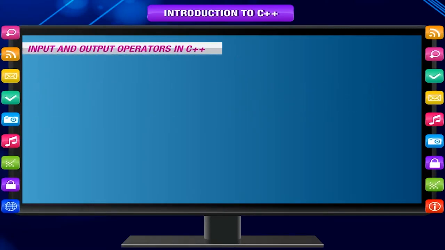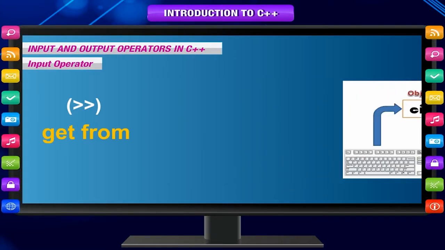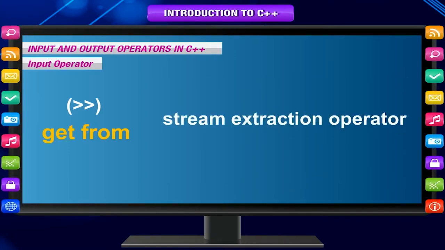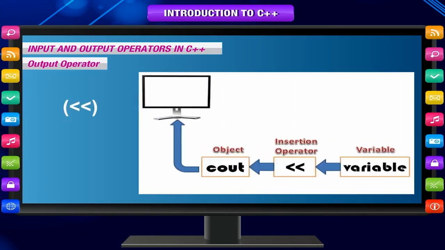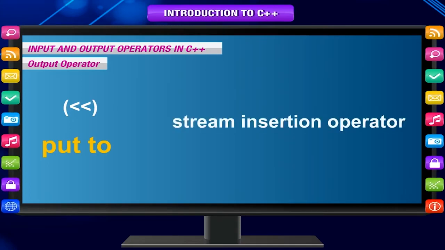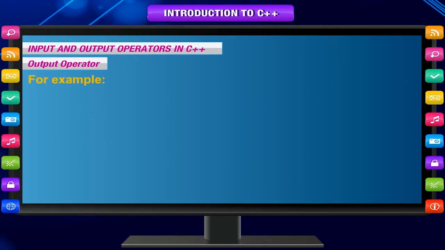Input and output operators in C++. Input operator: the input operator >>, meaning get from, also known as the stream extraction operator, is used to read a value from standard input, for example, the keyboard. Output operator: the output operator <<, meaning put to, also called the stream insertion operator, is used to direct a value to the standard output or screen. For example, cout << "The product of 5 * 10 is equal to ";